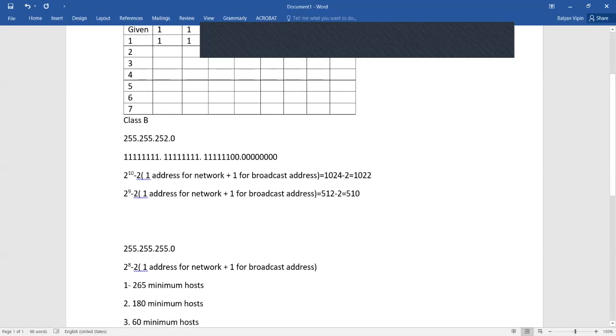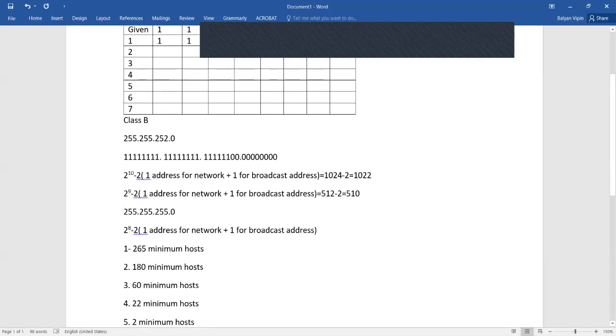If I go for 8 bits, as we know earlier, the number of users we can accommodate is 2 raised to the power 8, which is 256, so it's 254. Now if I try to use the subnet for question 1 using 8 bits, meaning 255.255.255, it will not be able to provide an IP address for 265 minimum hosts.